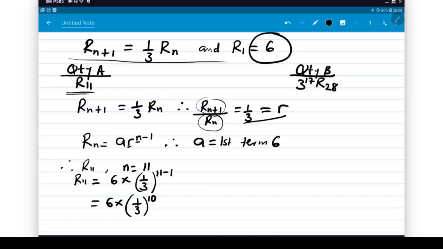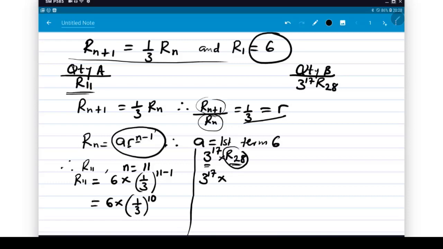Alright, now let's go to my quantity B, which says 3 raised to power 17 R28. This means 3 raised to power 17 times R28. So, well, I just need to know my R28. 3 raised to power 17 is just a number. So 3 raised to power 17 times, now my R28 using the formula will be the first term, which is A, and what's our A? 6. Okay, that is 6 times our R, which is what? 1 over 3